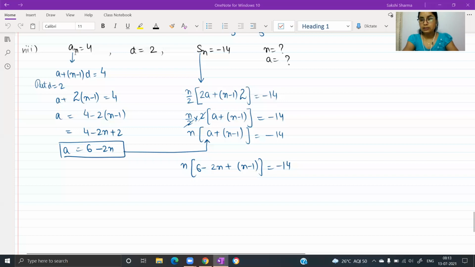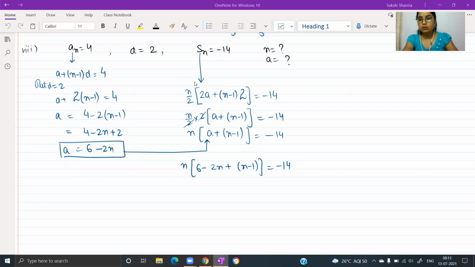With the help of the nth term, we obtained one equation, and with the help of the sum of the first n terms, we have obtained another equation. If these were linear equations in two variables, it would have been easier to solve them to find the two variables. But the second equation is not a linear equation. It turns out to be a quadratic equation.